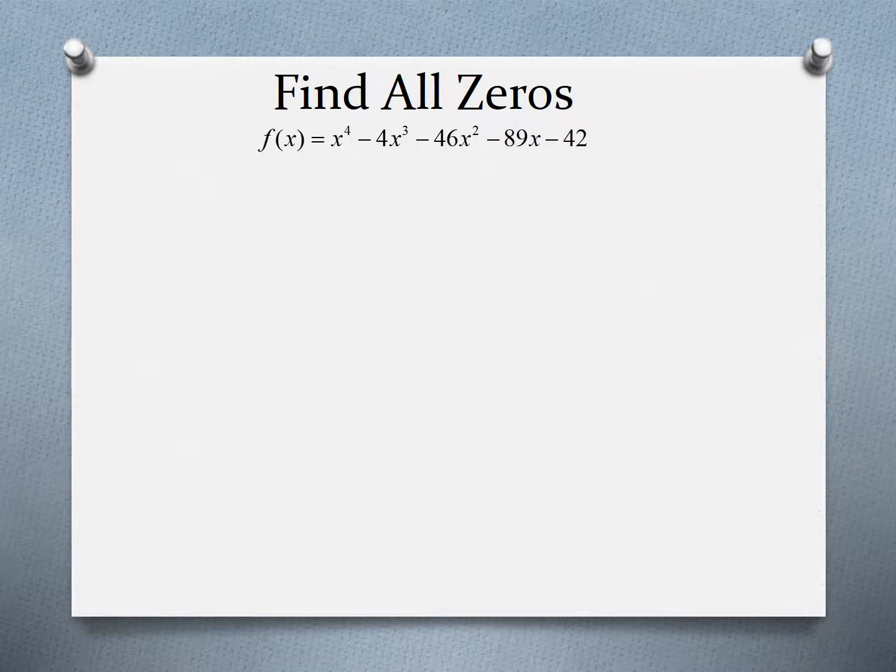In this example, we're given a polynomial and we're asked to find all zeros. Now, when we say all zeros, apparently we're talking about all the rational zeros, numbers that can be written as numerators and denominators, and all of the complex solutions, zeros, and the irrational zeros. So we can focus initially on the rational zeros because they're quite easy to find by